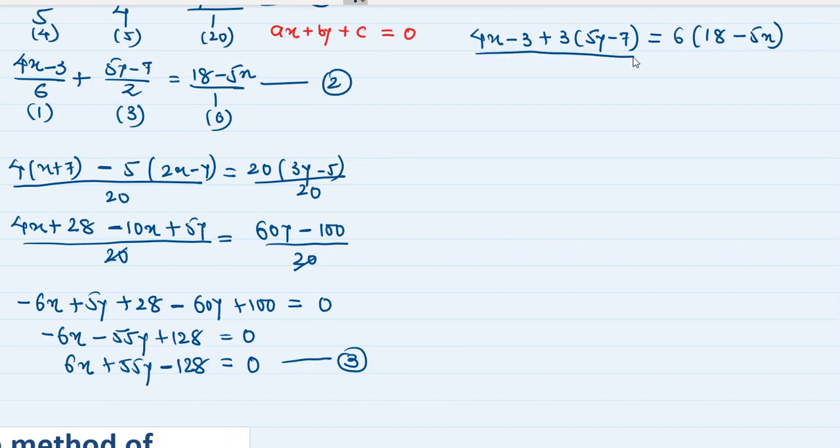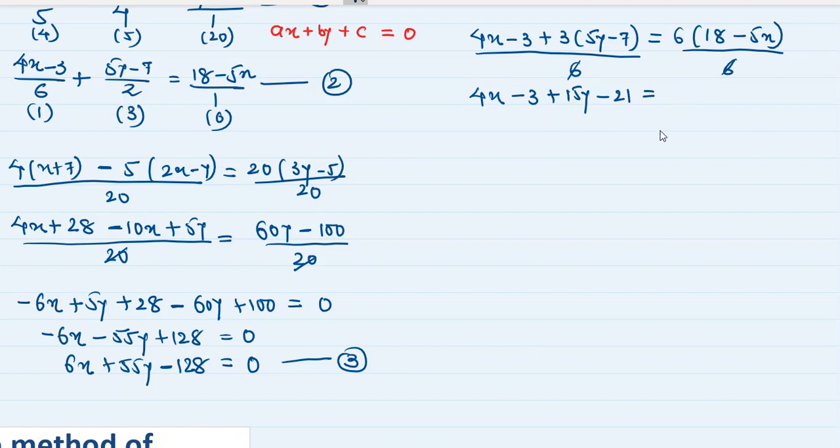Here the whole upon 6, and here also the whole upon 6 will come. Okay, now you can cut this 6 from both the sides and simplify it further. So you get 4x minus 3 plus 15y minus 21 is equal to